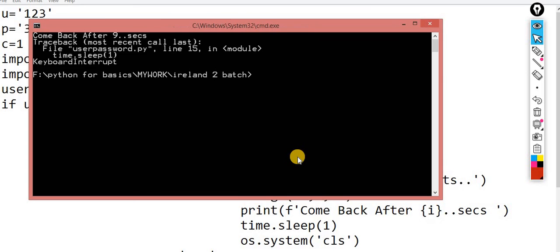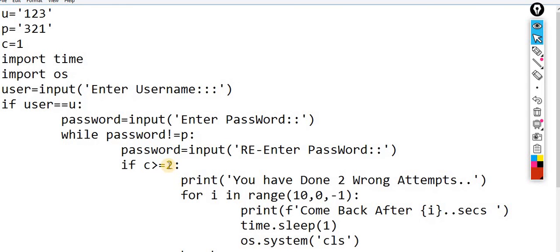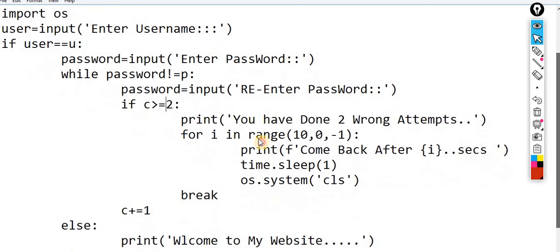So I think there is a mistake inside the code. Let me check what mistake we made. This break should be out of this. Here, let me check greater than 2.